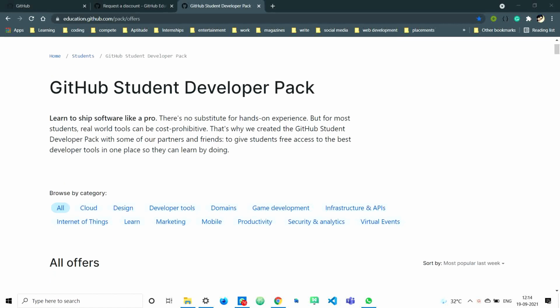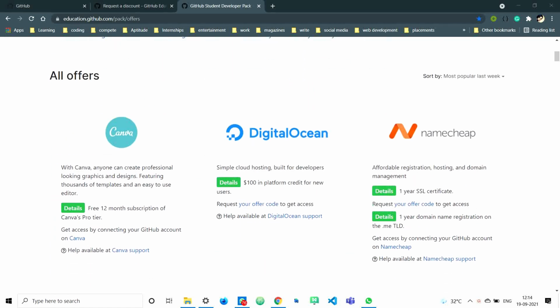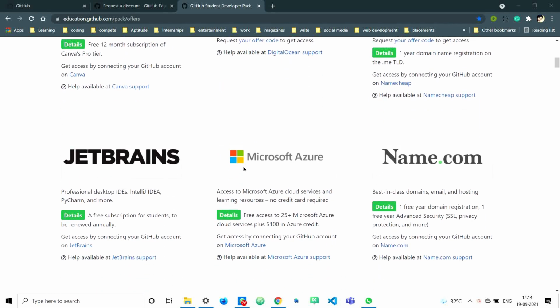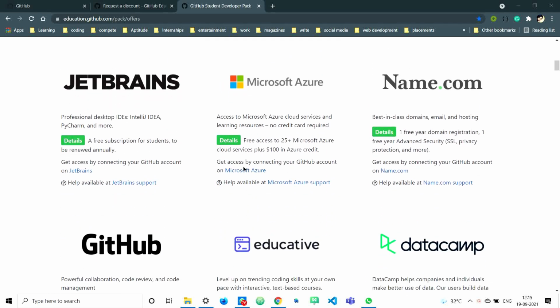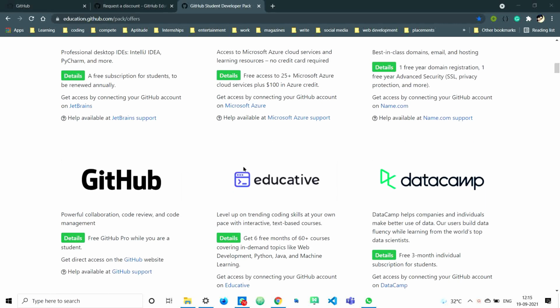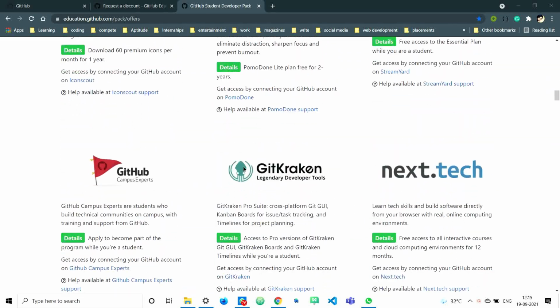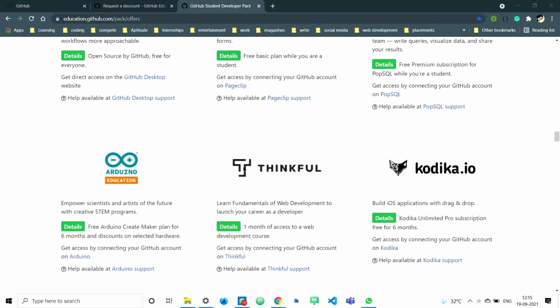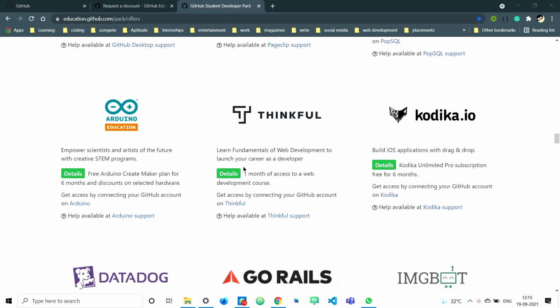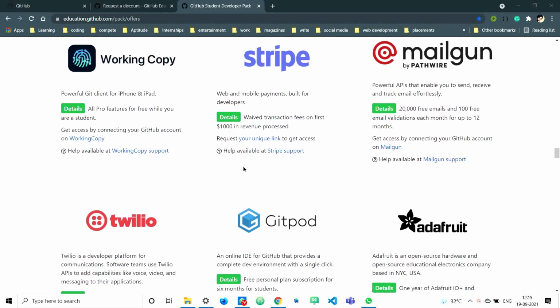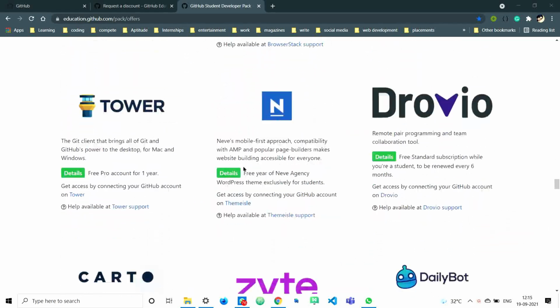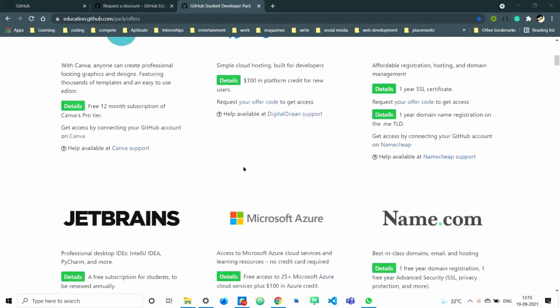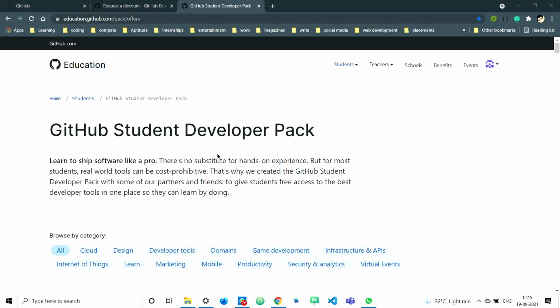This is the GitHub Student Developer Pack, and in this pack you are going to get all these tools absolutely free of cost, or at least at a minimum price. You aren't going to pay a high amount for any of these things. There are various tools. I recently got to know about this, but it's really very nice. I'm still utilizing some of these tools according to my requirement, and you can also use them according to yours. You can claim all these things. I'm going to explain how to sign up for the GitHub Developer Pack and how to get this pack.